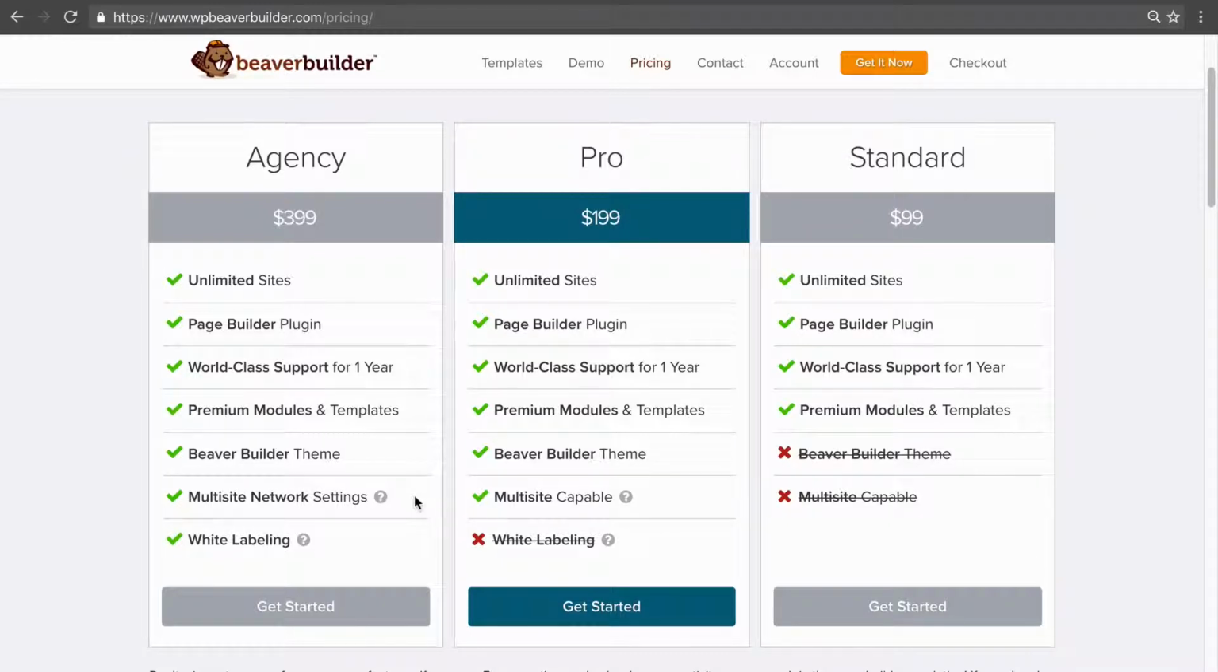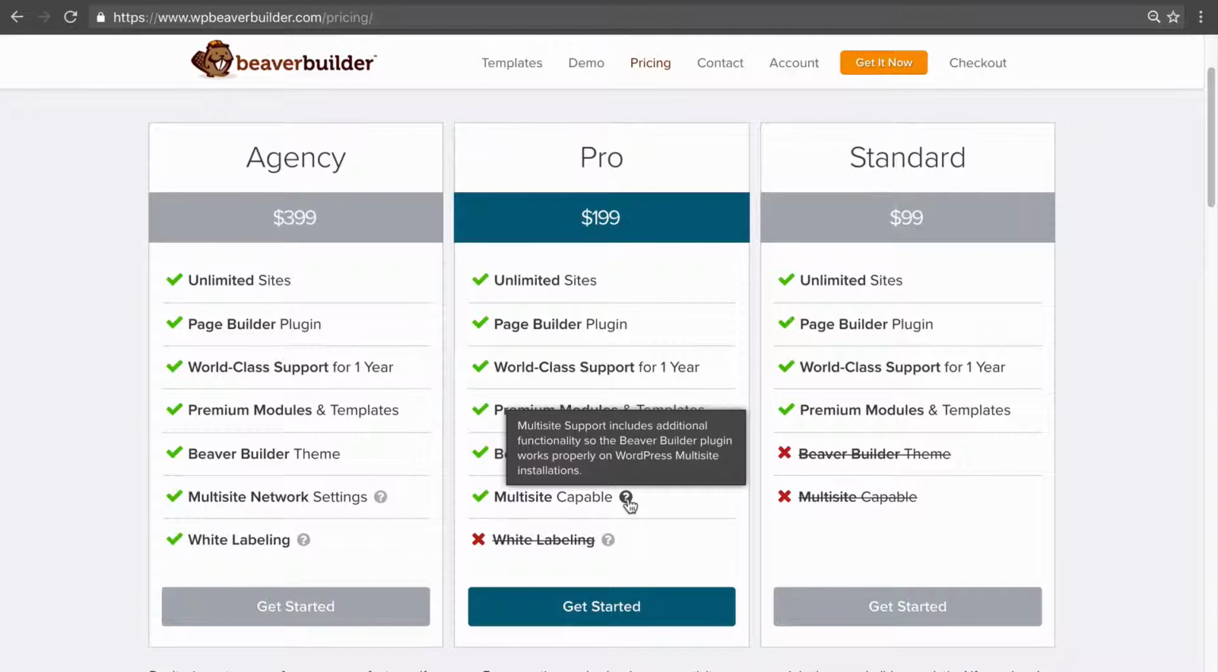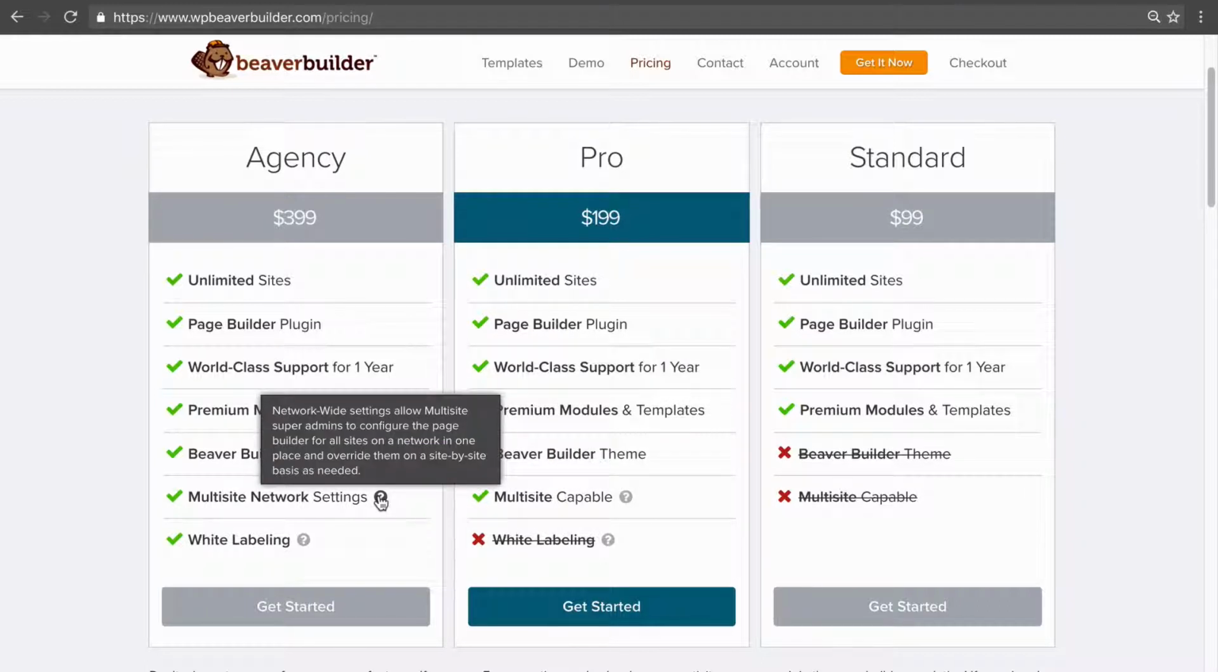So the agency package has everything the other two come with. So unlimited sites, you get the Beaver Builder page builder, a year of support, the premium modules and templates, the Beaver Builder theme, which we just looked at, and the last two things in the pricing table are what separate it from the Pro package. So if we compare this line in the pricing table, the Pro version says multi-site capable. And if we hover on that, it says multi-site support includes additional functionality so the Beaver Builder plugin works properly on multi-site installations. If we hover on this one over here under the agency, it says network-wide settings allow multi-site